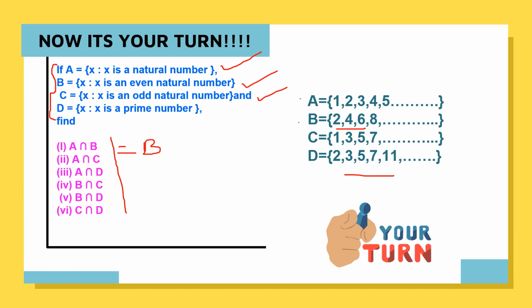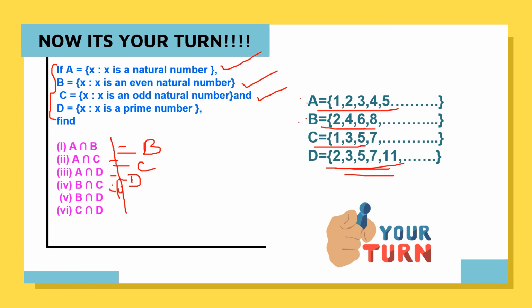That is the common. A intersection C: this has all elements, here it is only odd numbers. Common, if you see, the answer is C. Similarly, A intersection D: here also we have natural numbers only. When it comes to the common, A intersection D, the common elements will be the elements of the D set only. Can you understand, children? Because this contains everything, this contains few of it. So the common will be this few of it only. So A intersection D is D. B intersection C: B is only even numbers, C is only odd numbers. What is the intersection? Null set.